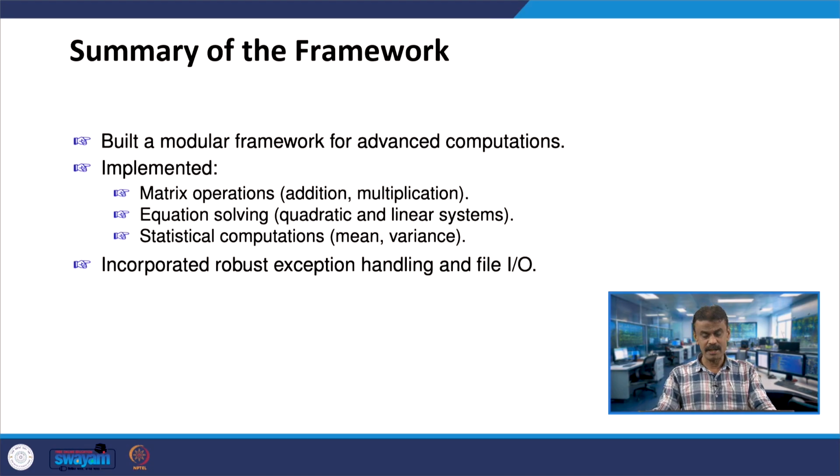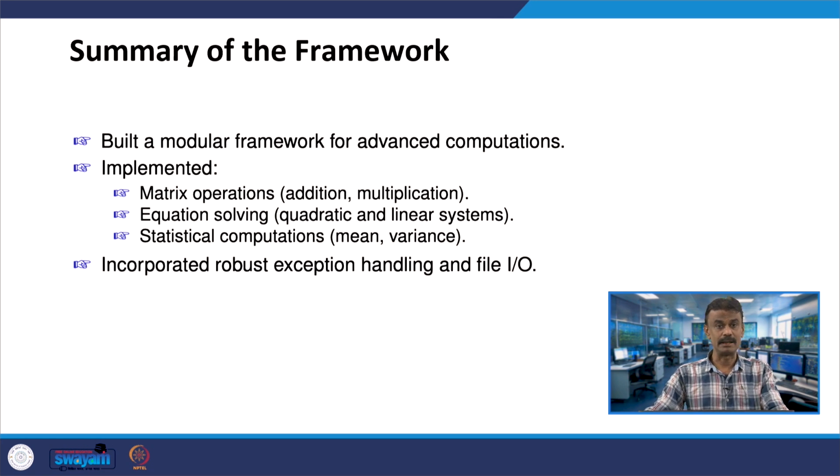This is a summary of the framework. We built a modular framework for advanced computations, particularly mathematical computations. We have implemented addition. What you can do is try multiplication, finding the inverse, the eigenvalue, the determinant. You can extend this.